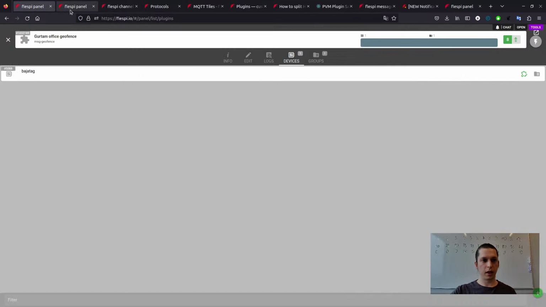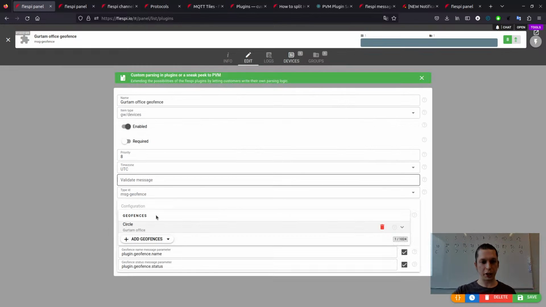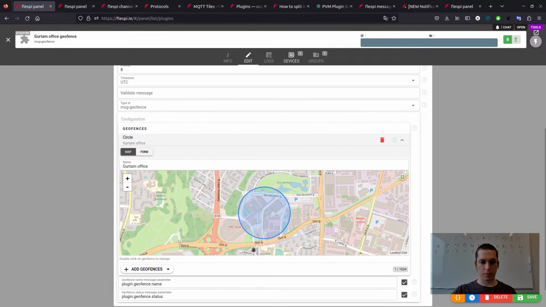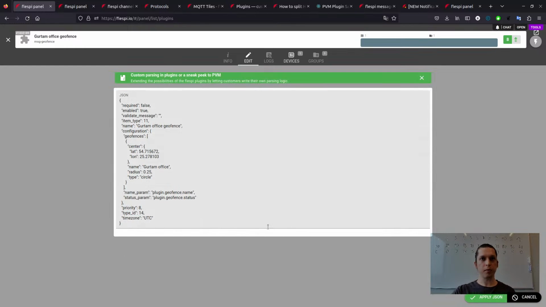So I have a plugin called Gurtam Office Geofence, and its configuration is that the type is message geofence. I have a map, I have a point, the circle geofence with 250 meters radius. And if we want to see how it looks, we may hit this orange curved brackets button. So we may see the full configuration like latitude, longitude,